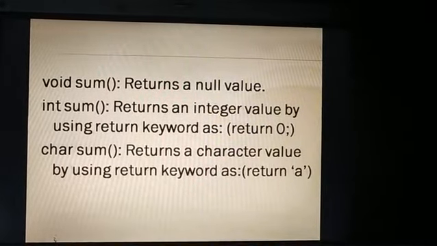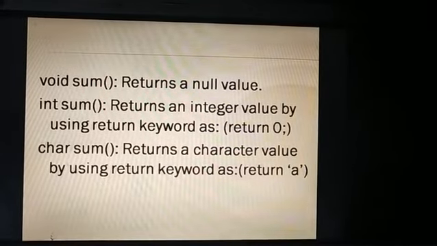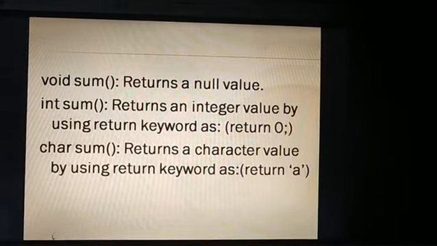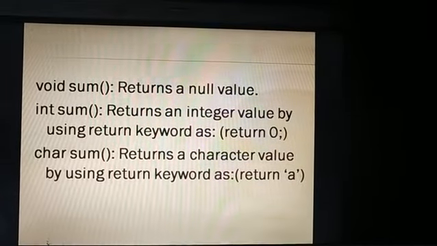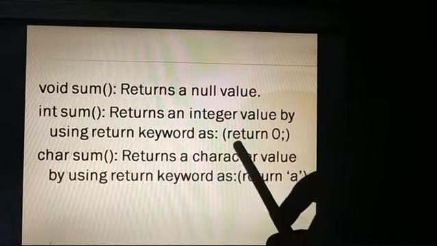More details you'll get. The first function, if you'll see, void sum returns a null value, which I already explained to you, and int sum returns an integer value by using the return keyword. Return is a keyword which we have to write like this: return 0.